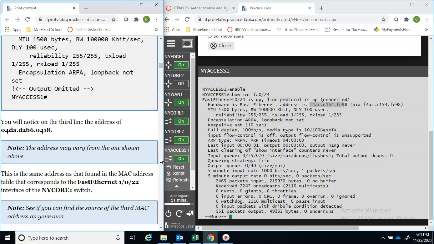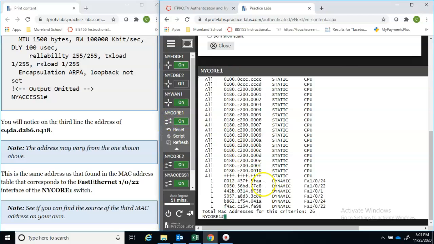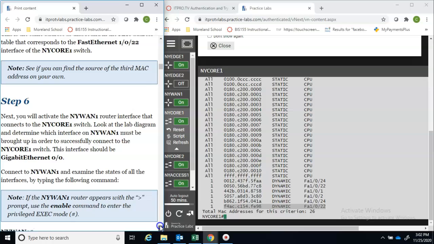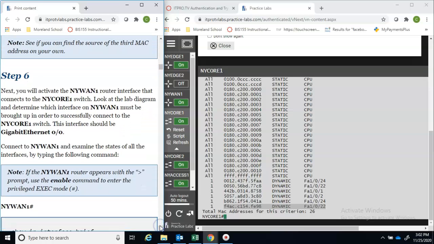I guess again their address is different than ours, so we have to use the one that we get. And I can go back and compare that F4AC to my table, and there's the other address. Okay,